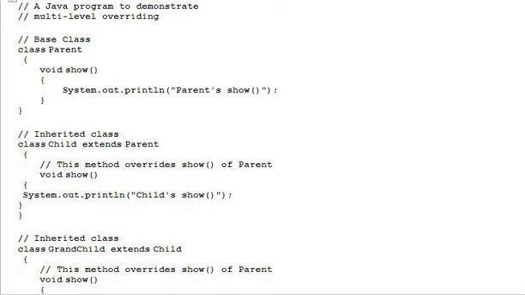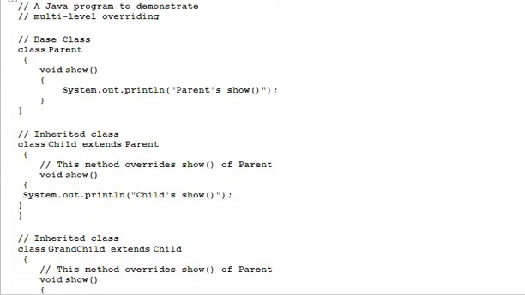So we can have multi-level overriding also. Look at the base class Parent with method show. From Parent, Child is created. Again we have method show. From Child, GrandChild is created. Again we have the method show. Look at the comments clearly. Class Child extends Parent, so Child is created from class Parent.